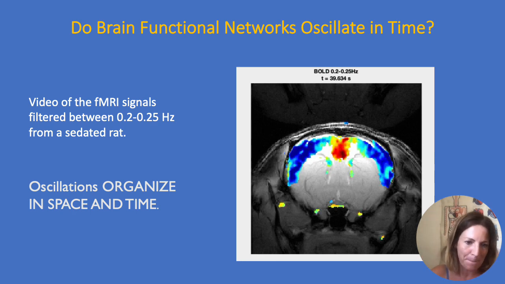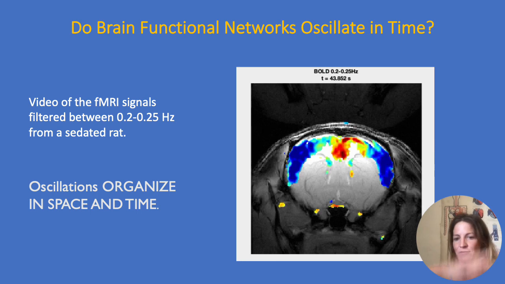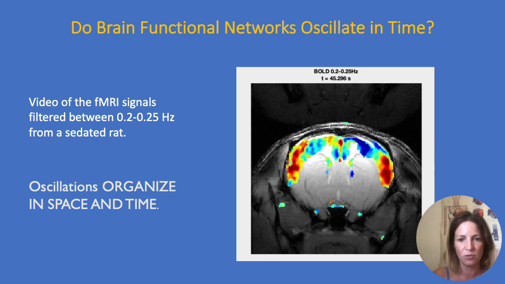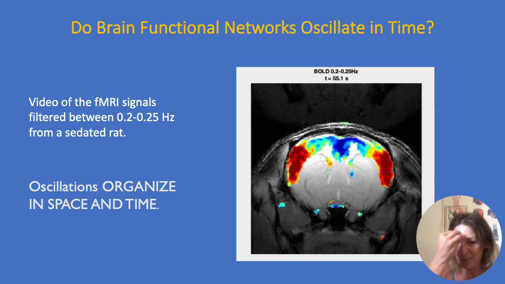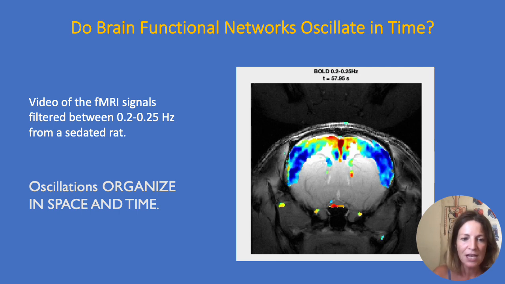So one important thing to see from this is that first, the oscillations we detect are not fully synchronized, so everything is not just going up and down at 0.2 hertz, they are organized in space, and also they are organized in time in the sense that we don't always see exactly the same pattern of activity over time. So there are some switches between the patterns that we see. So here, for example, the middle line is in antiphase with the lateral areas. So now we did an